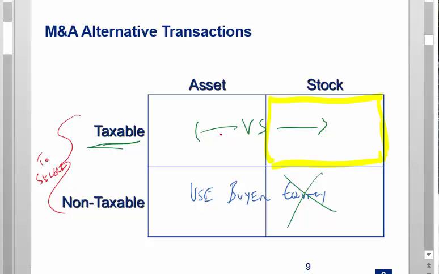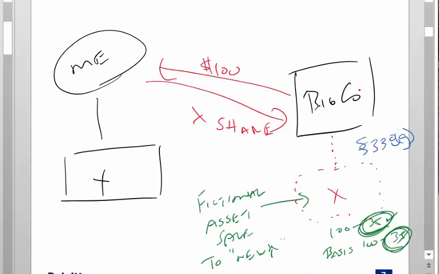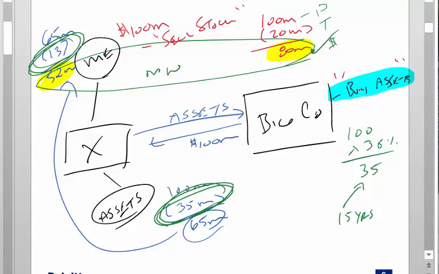Once you're taxable, whether it's asset versus stock is a function of what I described a minute ago. Whether I buy assets or stock is a question of what's the most efficient thing from a tax perspective. And while I explained that a stock purchase is going to be more efficient, that won't always be the case. The reason I put a yellow box in the stock taxable column is because most transactions look like what I described here.